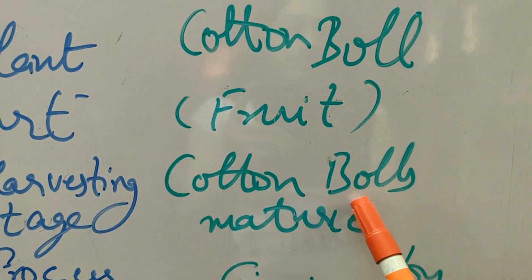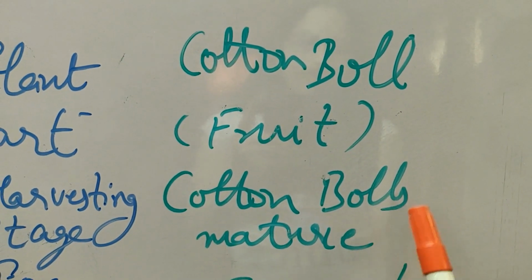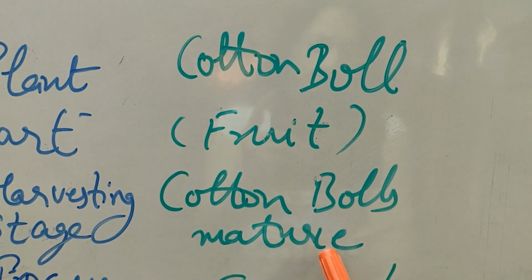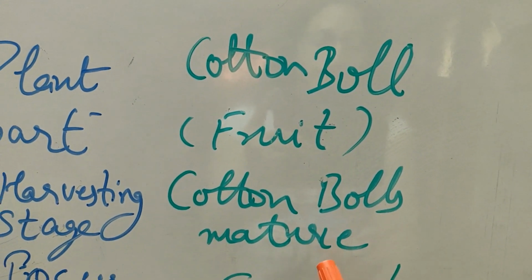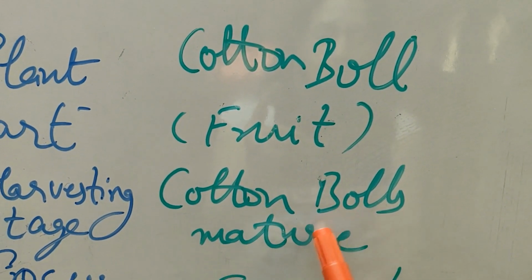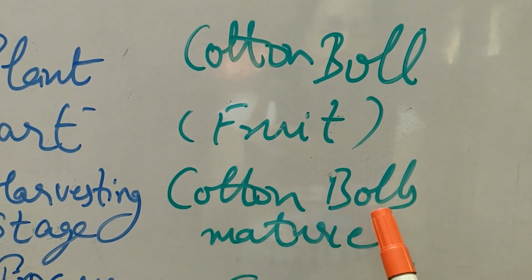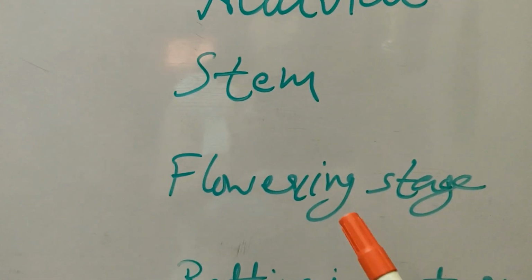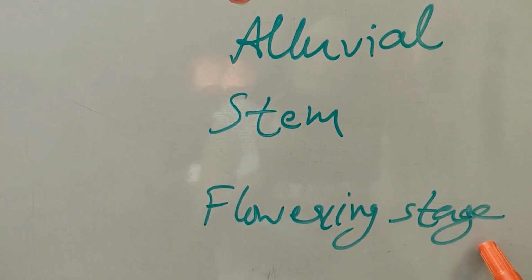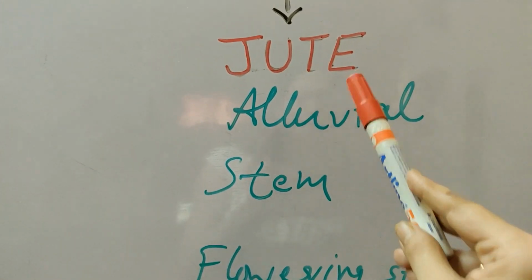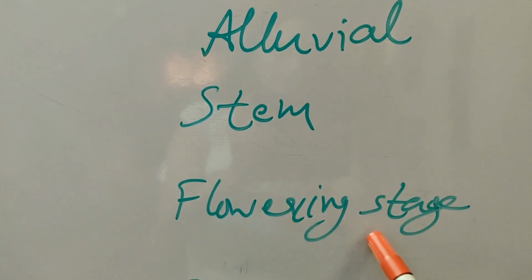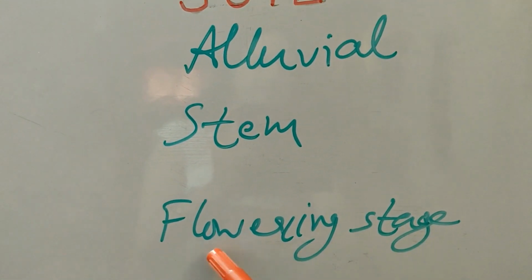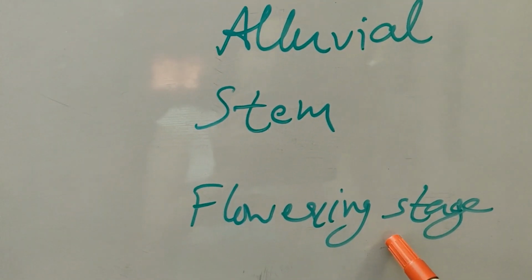Okay. Now come to the harvesting stage. The harvesting stage is when the cotton ball matures. Actually the cotton ball becomes red in color, gets filled up with the fiber, and then it breaks open. Then the full field becomes white in color with the broken cotton balls. Then we can say that cotton is ready for harvesting. Now the flowering stage is the stage of harvesting for the jute plant. The jute plant actually grows up to a height of 6 to 7 feet, as you can see from the pictures in the PPT PDF, and then it is harvested in the flowering stage.